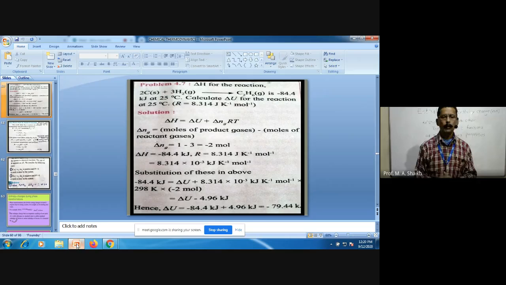See, there is one numerical problem given in the textbook, problem number 4.7. See what is given in the numerical problem. Delta H of the reaction 2C, C means carbon, 2C in solid state plus 3H2 in gaseous state, react to give C2H6 in gaseous state, is minus 84.4 kilojoule at 25 degrees